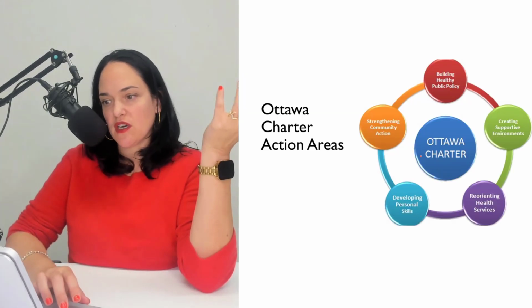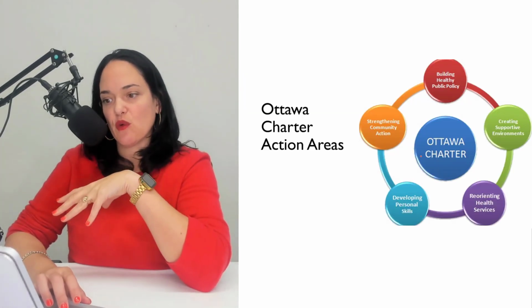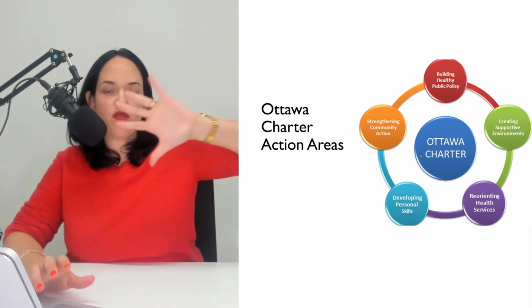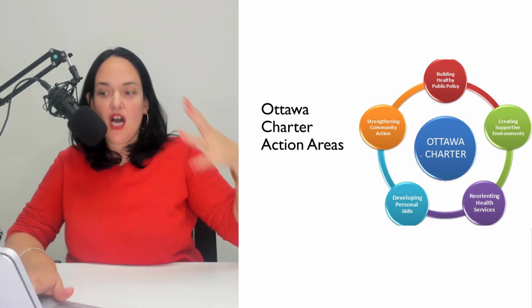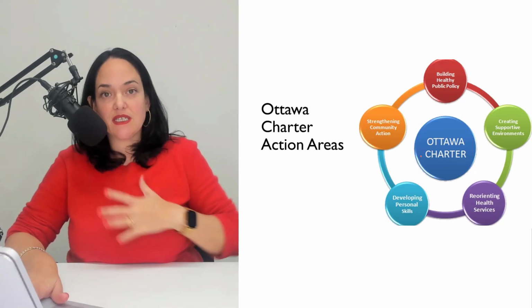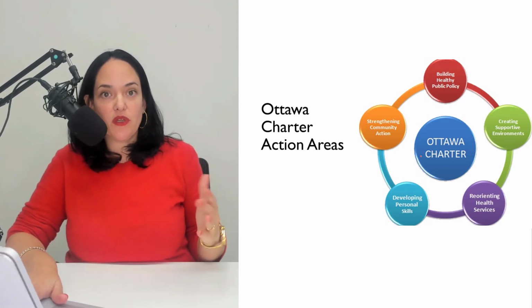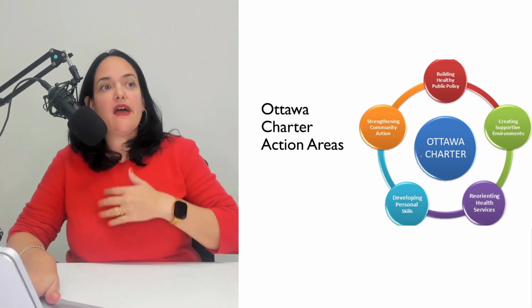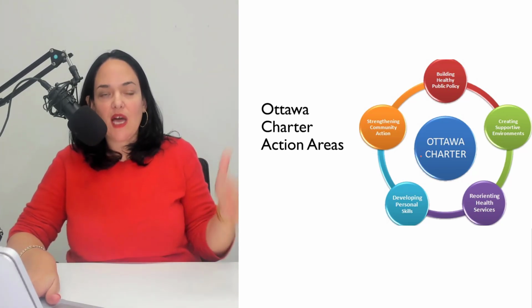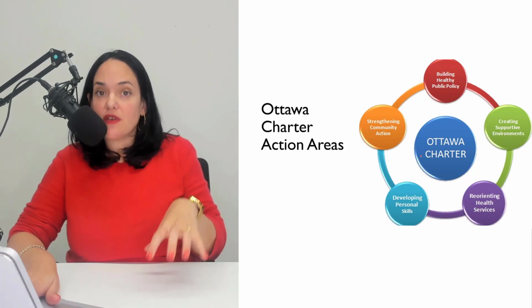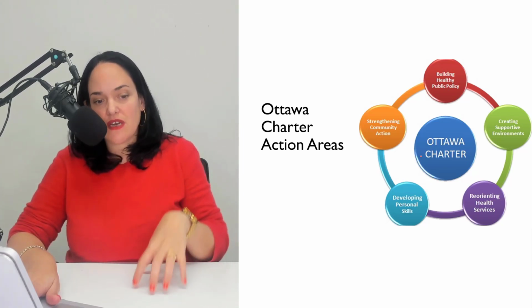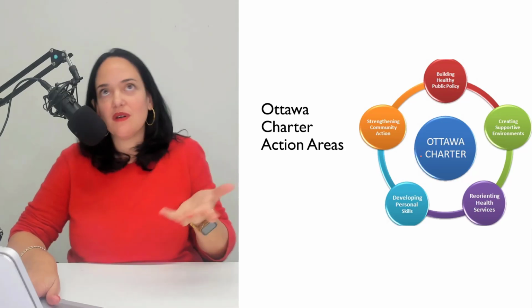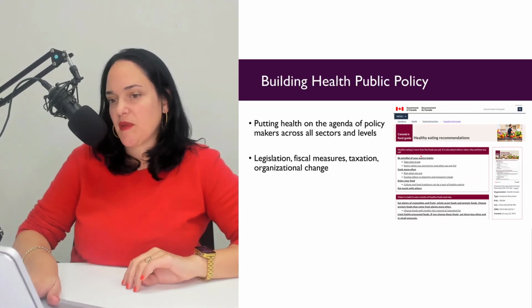Okay, so I just talked about these. This is shown a different way. These are the 5 main action areas of the Ottawa Charter, whose goal is health for all, and whose goal isn't just to prevent disease or to treat people once they're already sick. It's also about helping people take control over their health now so they can live healthier lives now and into the future, although how they do that might change over their lifespan.